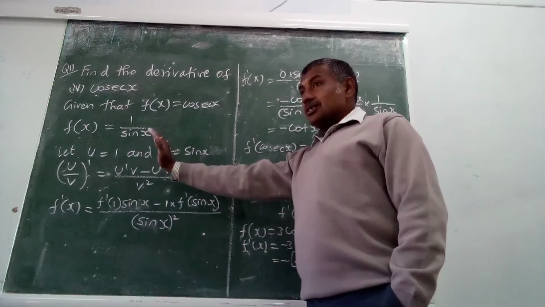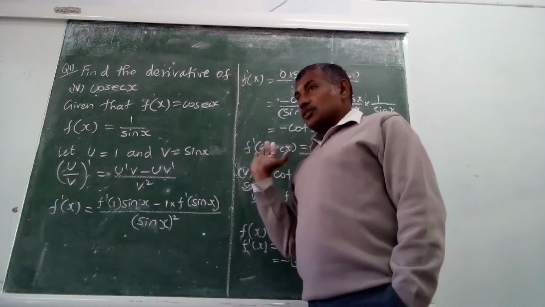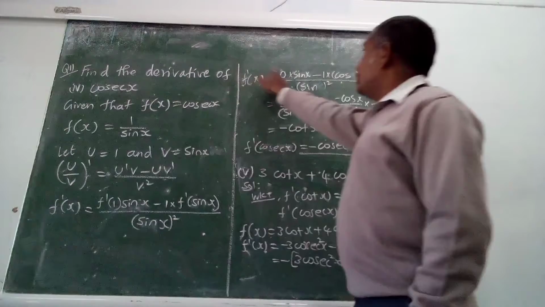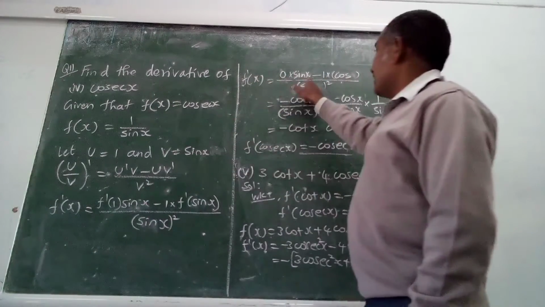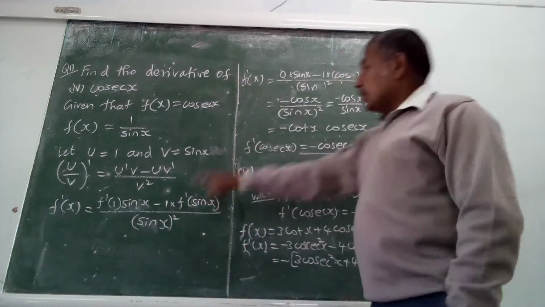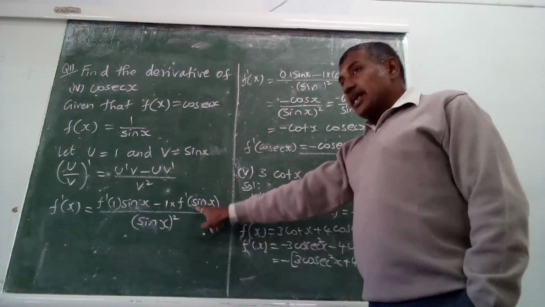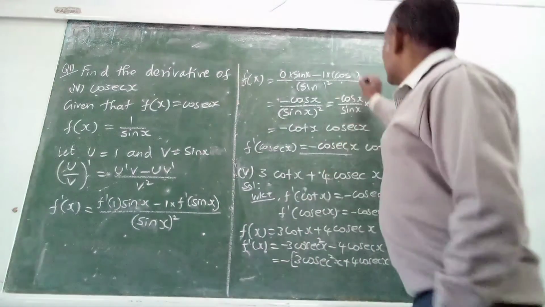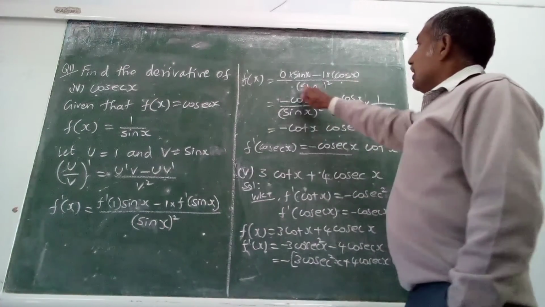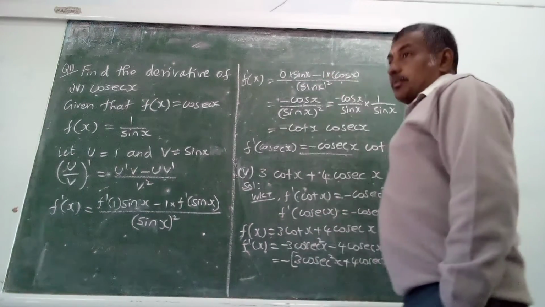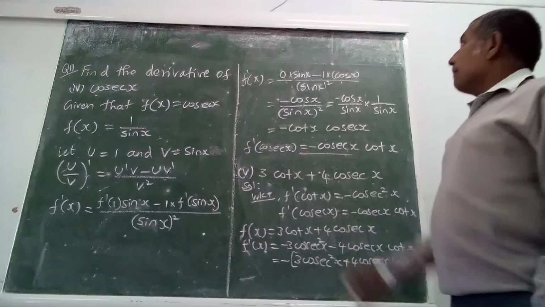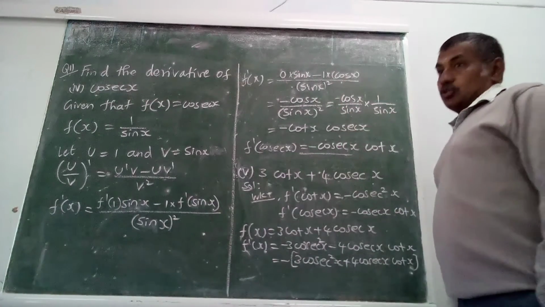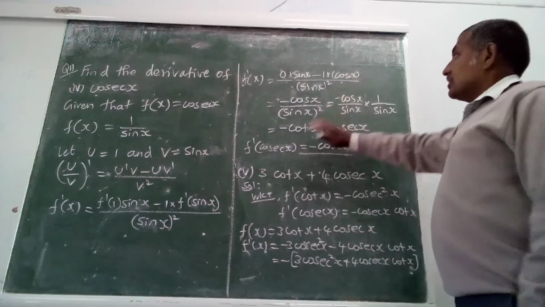There we use cos as a denominator, here sin as a denominator because cosecant. When you differentiate a constant, we get 0 into sin x, then minus 1 into the derivative of sin x, which is plus cos x, divided by sin x the whole square. So everything is 0 and we get minus cos x by sin x the whole square.